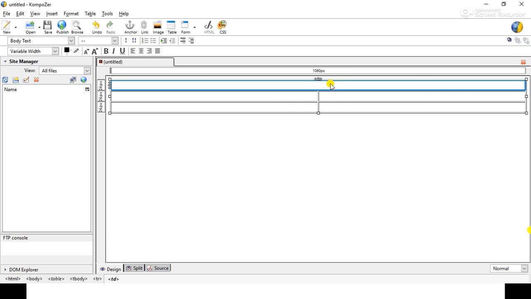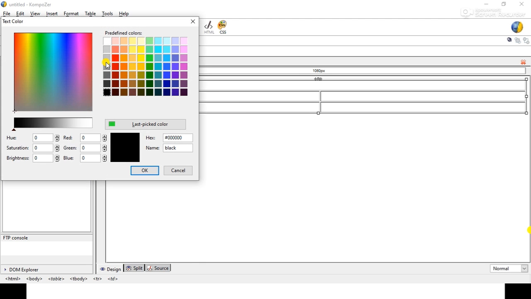Now we will give this heading as toy shop plaza. Select it, and give the effect and colors.